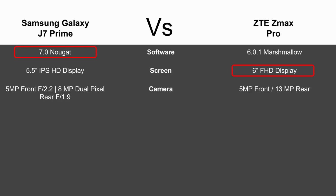Camera wise, there's a lot here to mention. So, from a bird's eye view, Zmax Pro does have 13 megapixel rear camera, 5 megapixel front camera. However, J7, 8 megapixel rear, 5 megapixel front. Now the difference here, the important thing to note is that although this number looks low,